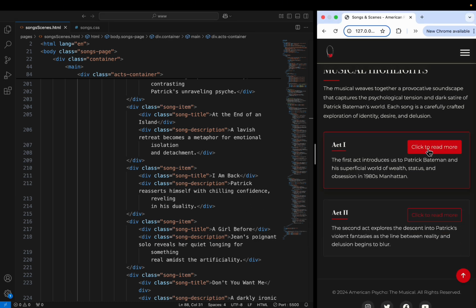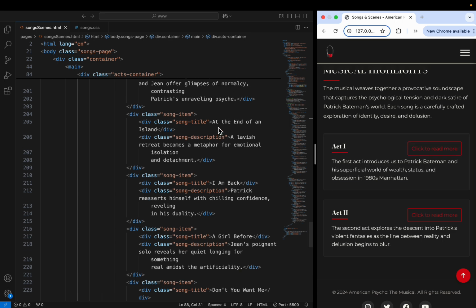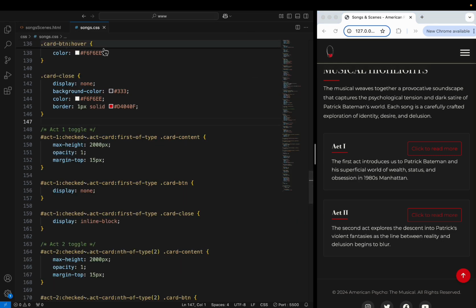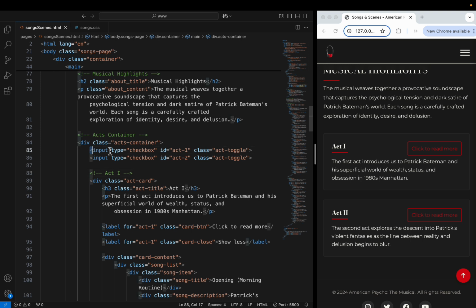After trying multiple ways, I found that the checkbox is perfect for this case because it has 2 distinct states, which are checked and unchecked, and the status can also be targeted using the pseudo class checked. So here I use